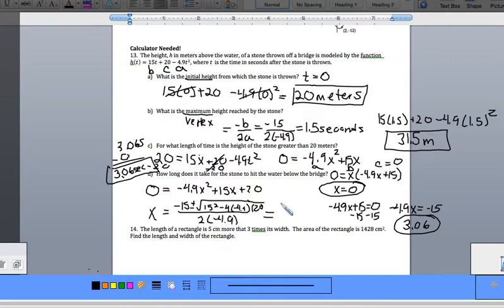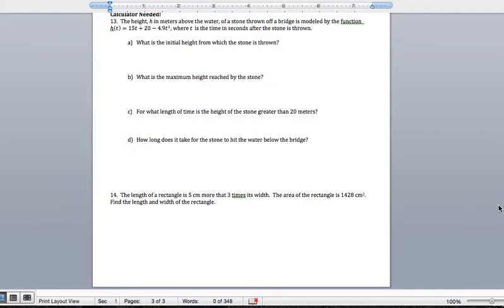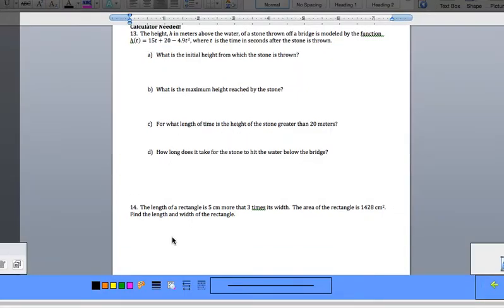And when you do this, you should get two answers. X equals negative 1 and x equals 4.06. And while we can't have a negative time, so it would be 4.06 seconds. Now this last word problem we're going to take a look at here is this bottom one here. The length of a rectangle is 5 more than 3 times the width. So here's our width. How do we say 5 more than 3 times? Well, 3 times our width plus 5, and it equals